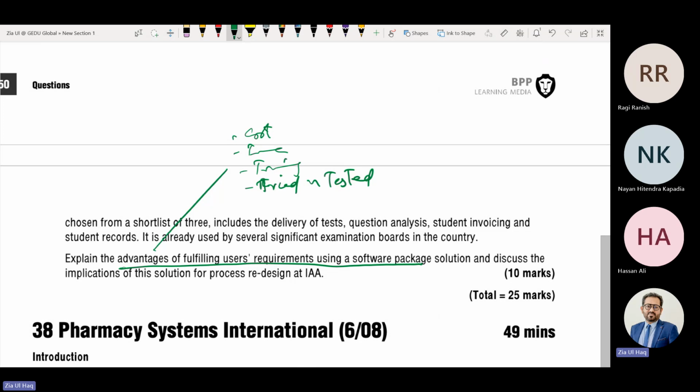And we need to discuss the implication of this. Implication means there will be no competitive advantage. Other competitors are also using this. It might not cover all the requirements of the business. What else? Future updates will be there. For bespoke, there will be no updates. For generic packages, there will be updates.